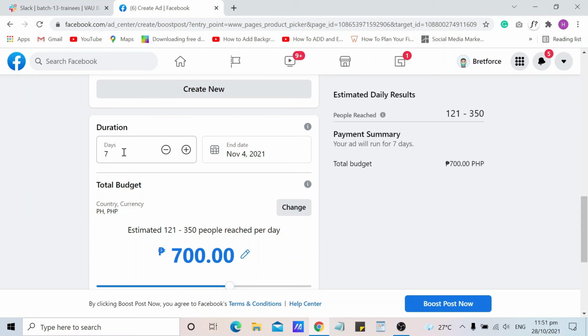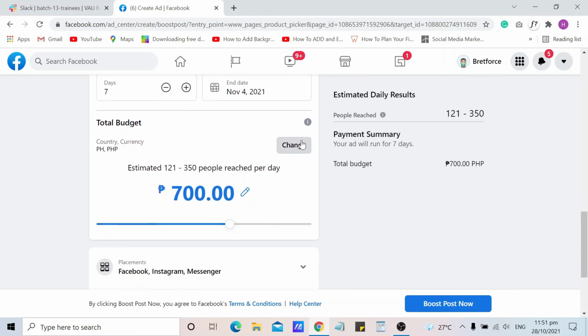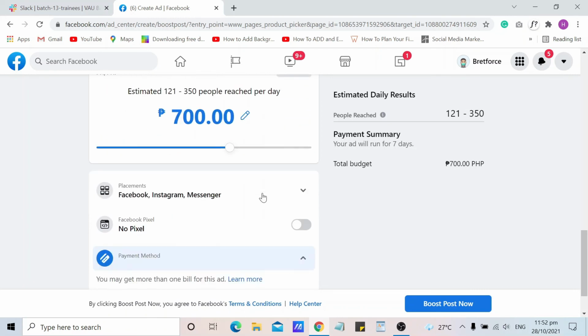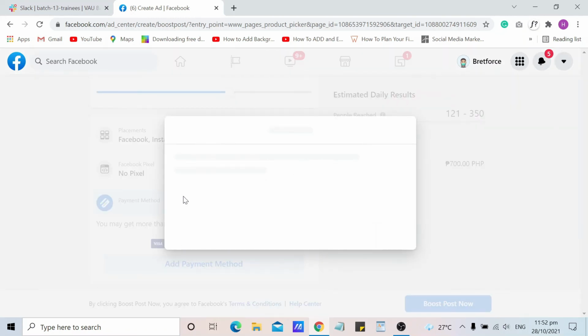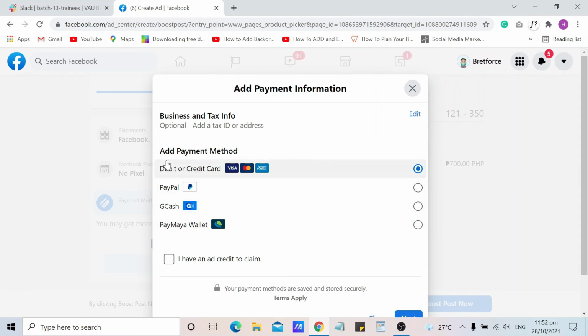Here you can also adjust the duration of your ad post. And the total budget, you can change the total budget and add a payment method. You can select debit or credit card, Visa, MasterCard, PayPal, GCash, Paymaya wallet, and then check this box, I have an ad credit to claim.